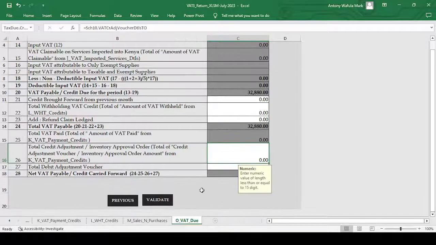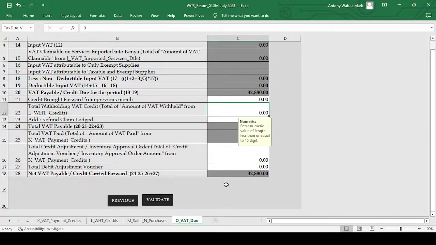So at this point, the total amount of tax, like in this case, is 32. This is the net VAT payable. This is the amount you're supposed to pay. You have to input all of the details so that you have an accurate figure. Remember, we didn't input an accurate figure, so you have to check your business data and make sure you're keying in what is necessary. After you've input that, you have to click validate.